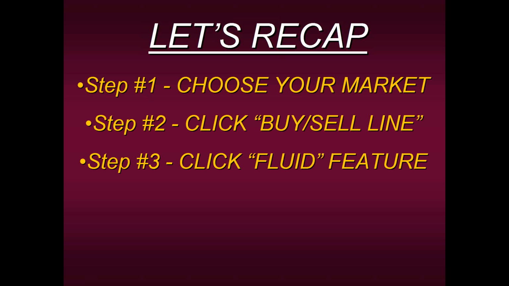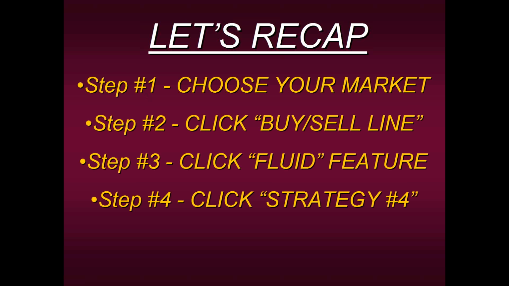Just about any strategy or method you trade will have a higher probability for success if you have that nice upward or downward sloping buy-sell line, okay? But if you're using our platform, obviously you want to use our most consistent strategy, and that's strategy 4. You just click on that, and that will verify whether a signal was generated in that very momentous area, okay?